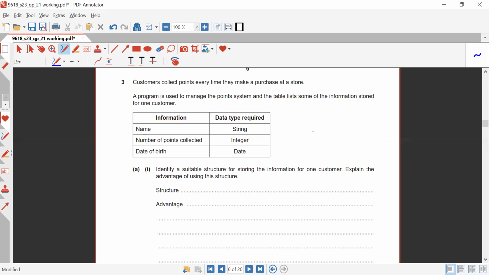Okay, now it does say customers collect points every time they make a purchase at a store. A program is used to manage the point system, and the table lists some of the information stored for one customer. So information is the name, and the data type required is a string. Number of points collected will be integer. Date of birth will be date. Okay, now they are saying for part A1,